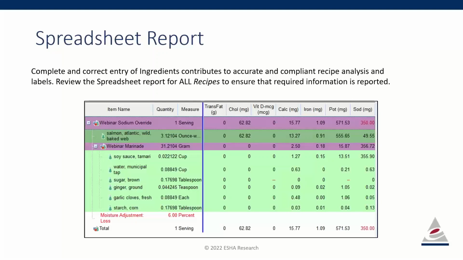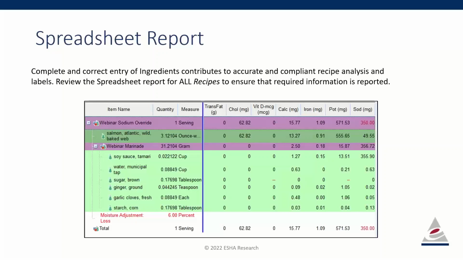Red values also are displayed if you have used the nutrient calculator. So the calculated nutrient values are treated kind of like overrides. The original values are retained in the software, so those don't go away. You can still see those original values, but then the calculated values are displayed on reports and flow through to your labels. And you can also see this recipe has a moisture adjustment, so that's also indicated in red here